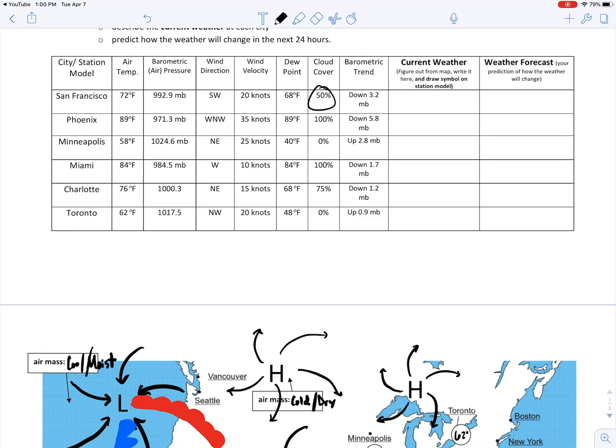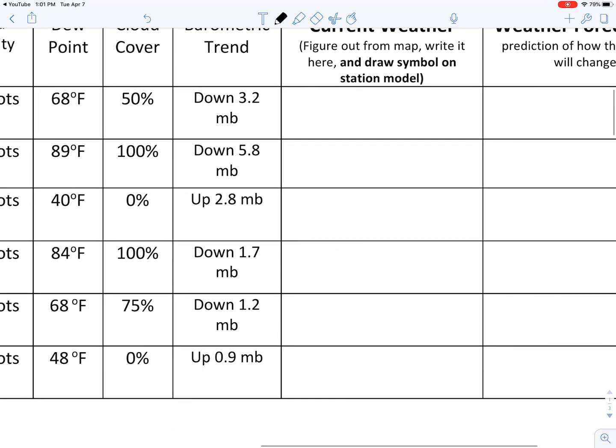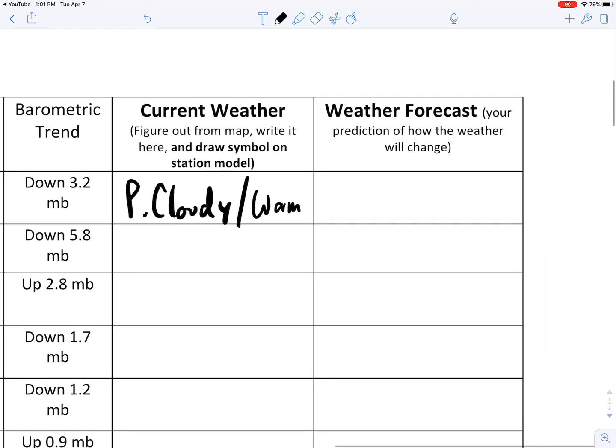But if I look at current weather in San Francisco, there's some hints, right? We know that it's 50% cloud cover, so it's a partly cloudy day. It's 72 degrees. It's kind of warm, southwest winds. And our barometric pressure is trending downward, which means it's dropping a little bit. But overall, we're doing okay. What's our dew point? Our dew point's 68. So our air temperature is warmer than our dew point, which tells me it's probably not raining. So I'm going to say current weather, partly cloudy